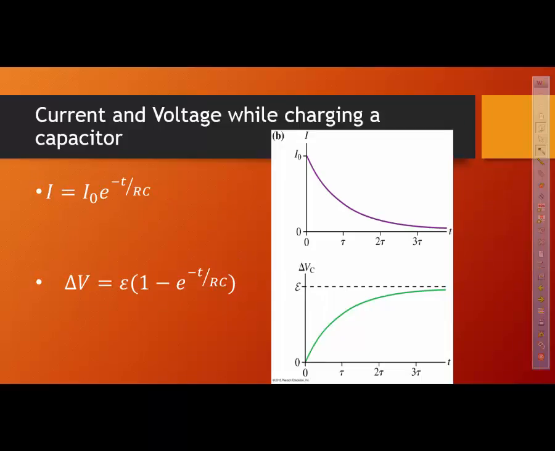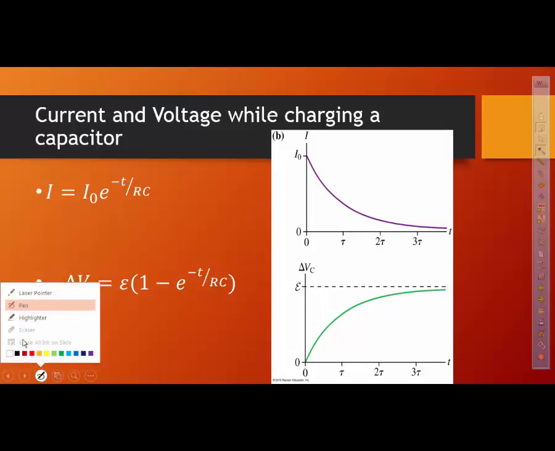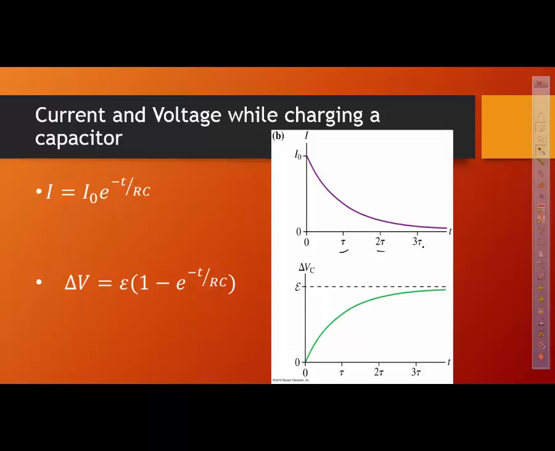These are simply conceptual graphs that I want you guys to understand what's going on here. This first one represents the current that's happening in the circuit as time goes by, and they've denoted it by time constants down here at the bottom. You can see that the current starts at a maximum value immediately when my switch is closed, and then as the capacitor accumulates charge and begins to act like a gap in the circuit, the current will